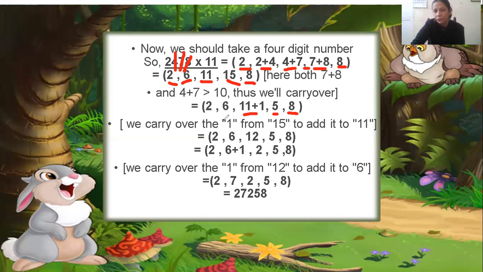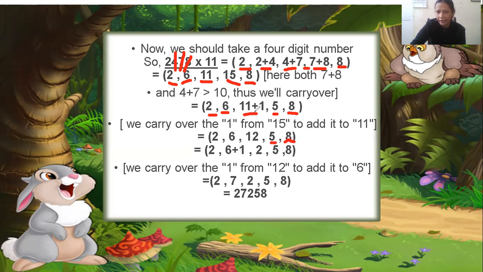Look at the 6. 6 is already a single digit number. So I have written here 6. Now you put the comma. 2 is a single digit number. So you write down 2 as it is. Now you see we have to carry over the 1. Now you have to again carry forward this 1. Now you look here, 8 is here. So I have written this 8 as it is. 5 is a single digit number. I have written as it is.